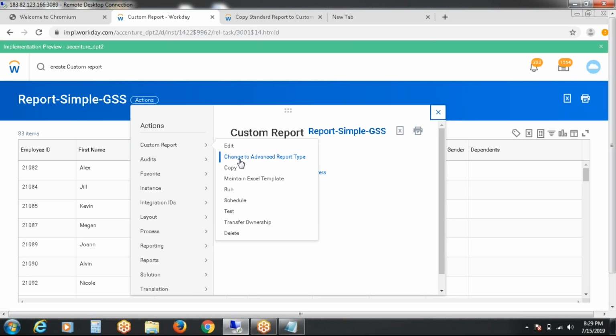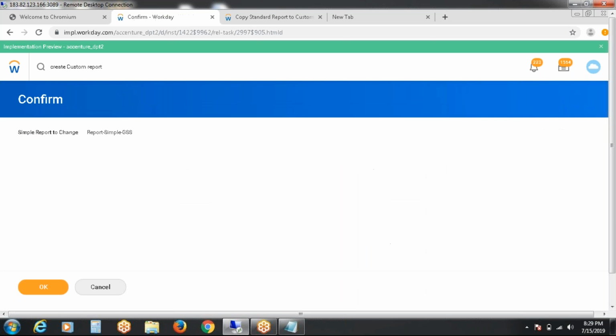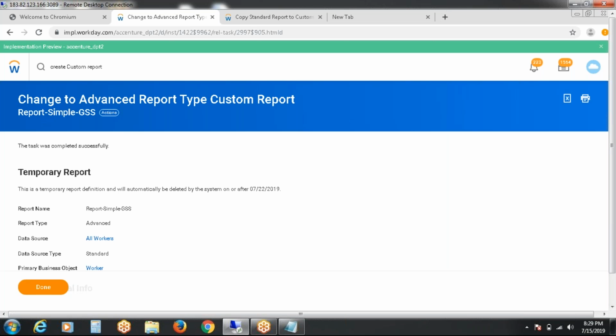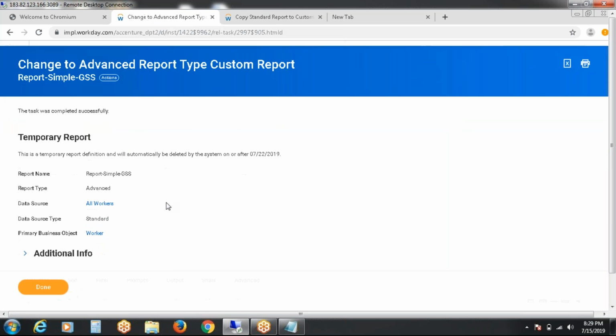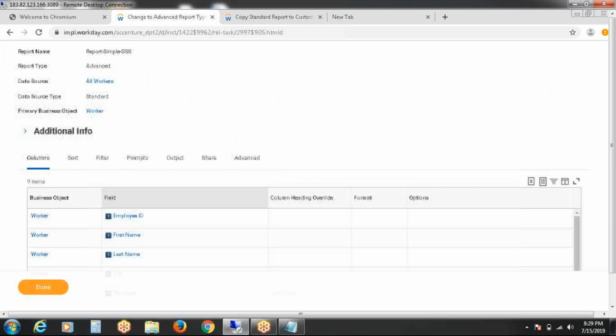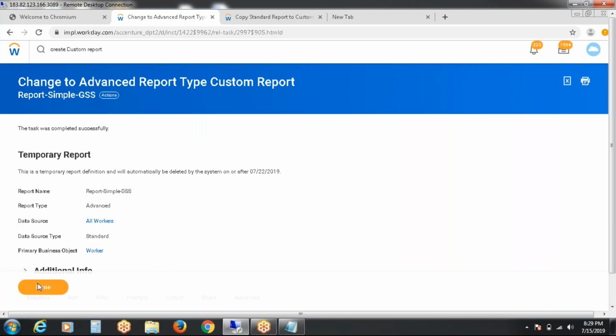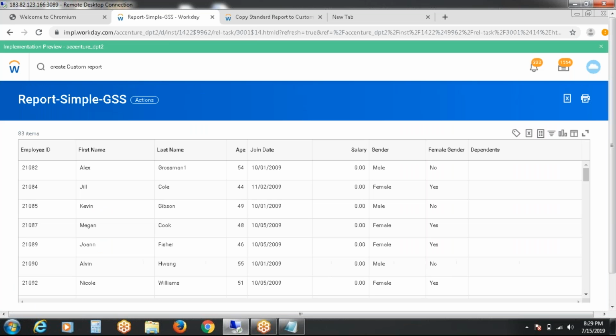So I would like to change the report to advanced. Simple to advanced I am going to change. See, it's done. The simple report has been changed to an advanced report. Say done. Okay, this is one process. If we go and edit the report, we'll see how many options will be there.